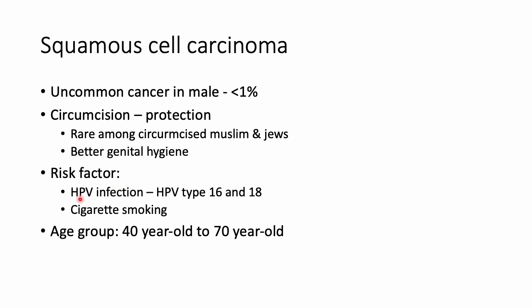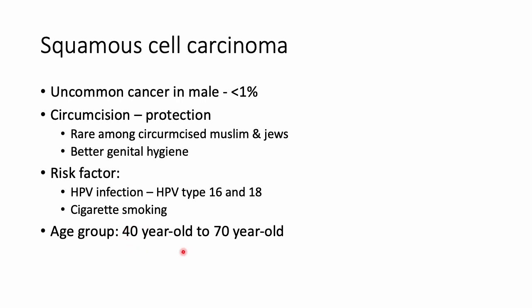The risk factor is also almost the same: HPV infection, caused by HPV type 16 and 18. Sorry, these are the high risk types of HPV, and the previous condyloma acuminata is not high risk. So this is the high risk. It's similar to cervical cancer, and it's also related to cigarette smoking. It occurs around 40 to 70 years old. Why is this age common? It's because